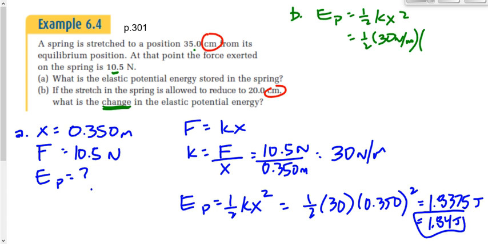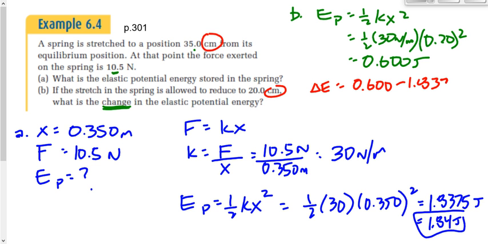So it's 1/2 of 30 again, but this time times 0.20, and we've got to square that. That gives me a value of 1/2 of 30 times 0.2 squared, which gives me 0.60. Now, if I want to find the change in potential energy, what am I going to do? Final minus initial, right? It's just 0.600 minus 1.8375 joules, which gives me negative